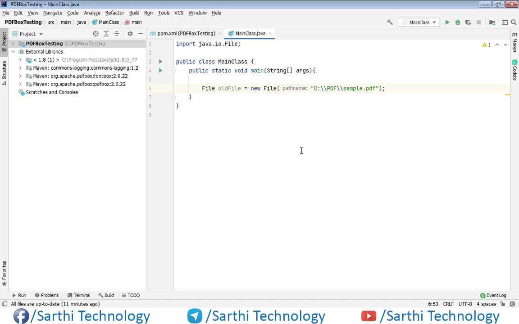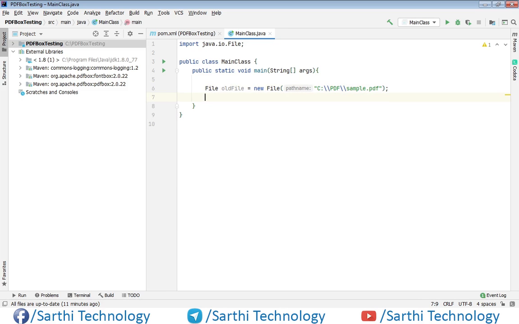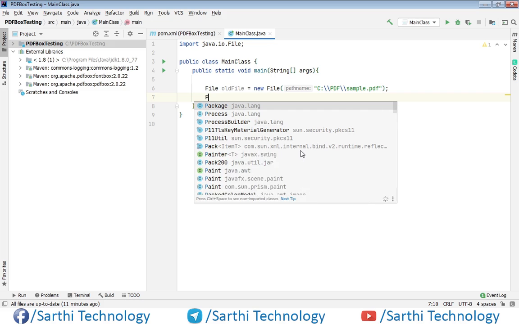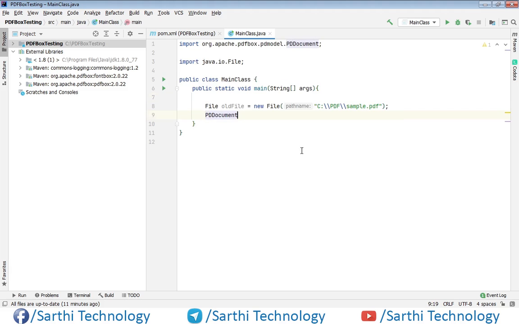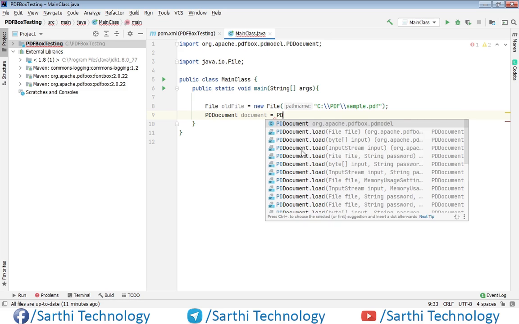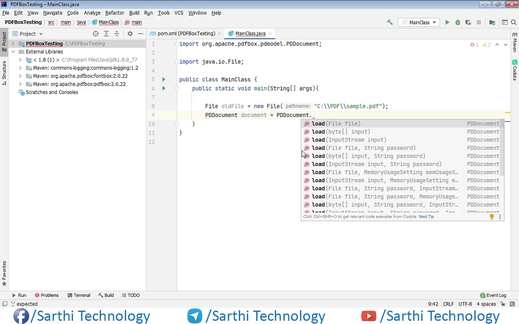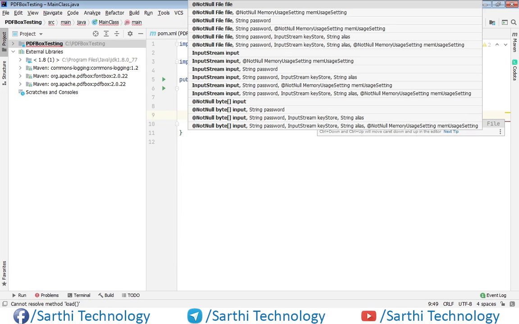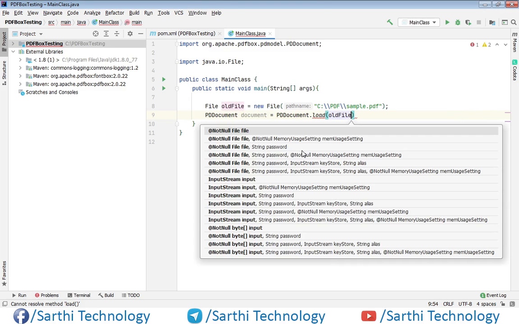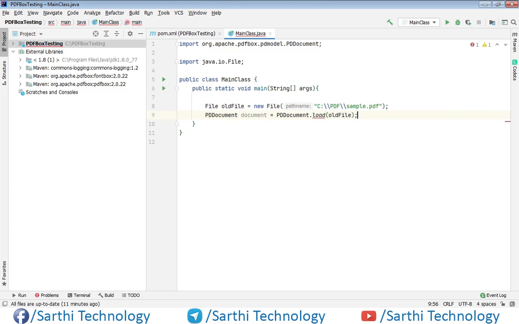Now we have the path and we want to load this file in this project. So for that, PDDocument.load and put oldFile here, semicolon.